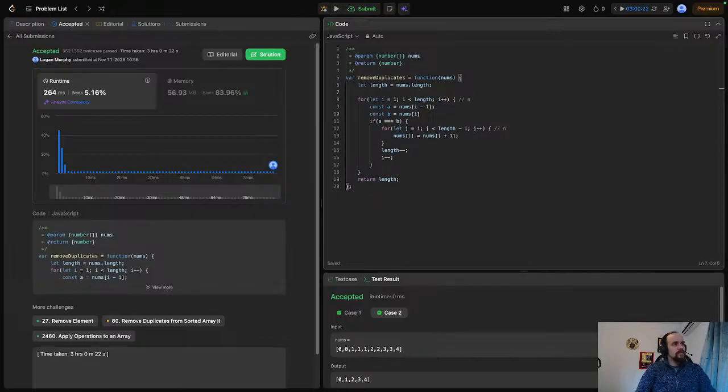Basically, you want to have like a let insert at 0, and basically we don't do this. The idea is we're keeping track of where we want new unique elements to go. So if A equals B, A is not equal to B,